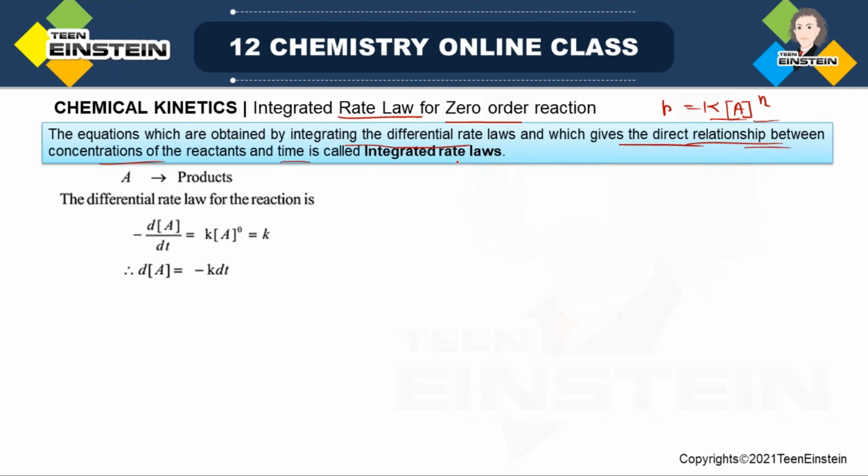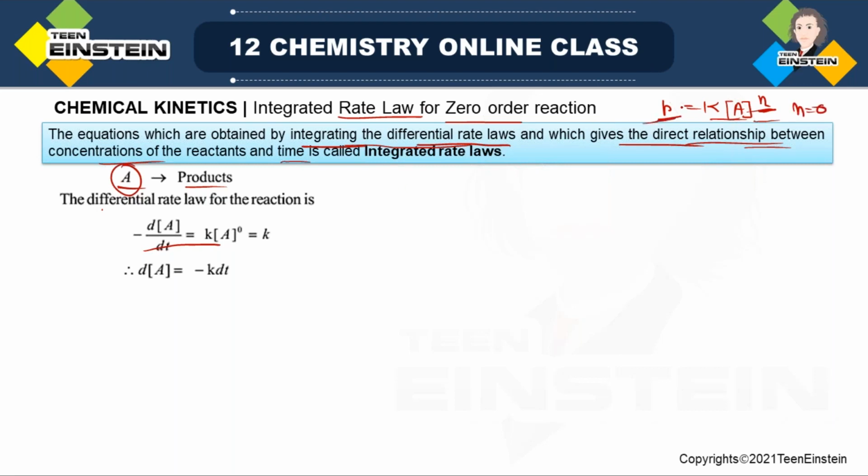Now for zero order reaction, and remember one thing here, the process of integration in detail, that is the derivation, is actually not required, but I will show it because it is important to know how we are obtaining this integrated rate. In case you are interested, you can consider it. Okay, this is zero order reaction. Here we have starting material A and we are getting products. Now this integration that we will do is basically on differential rate laws. Here n value is 0